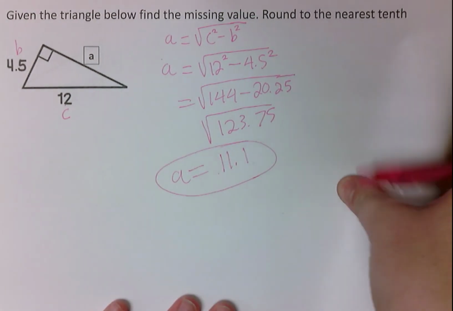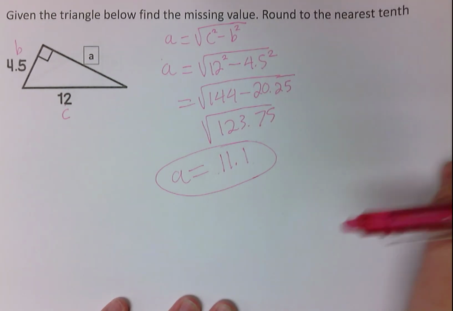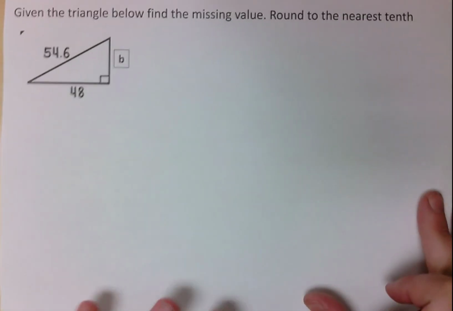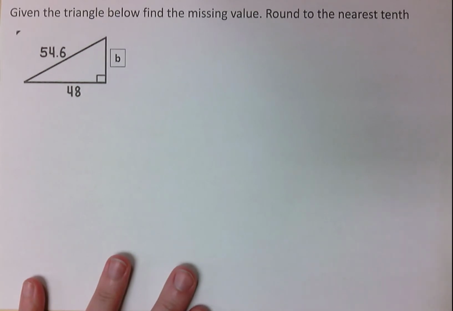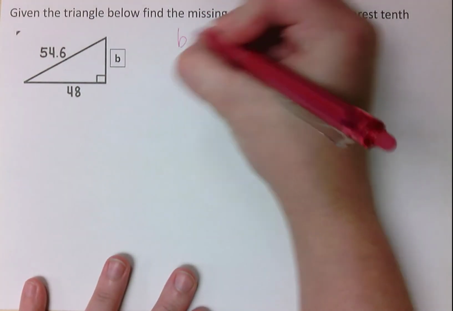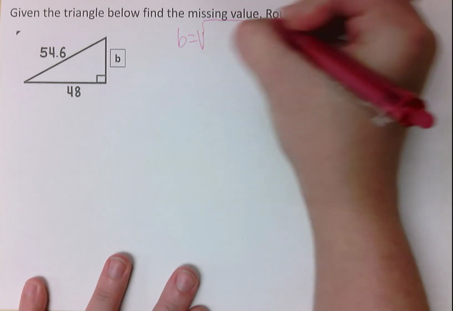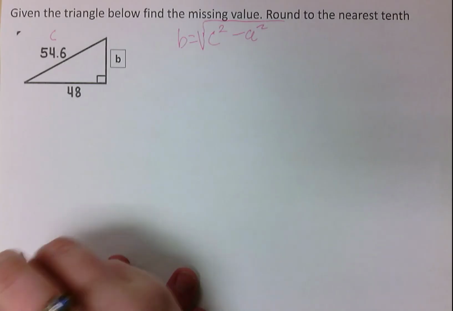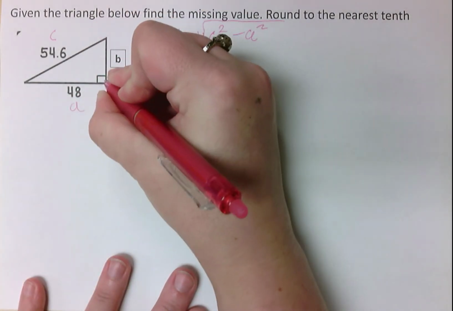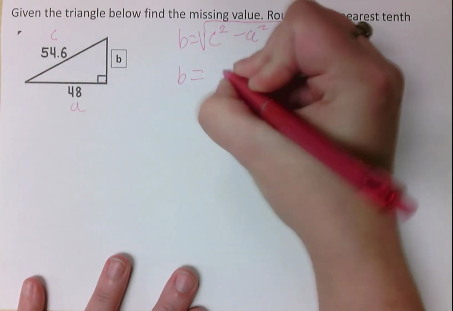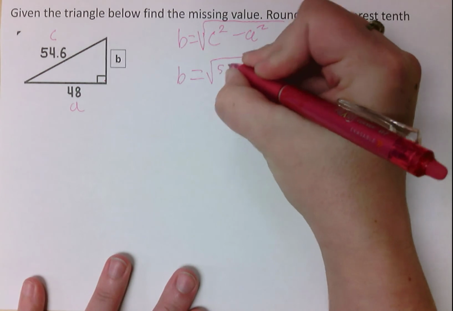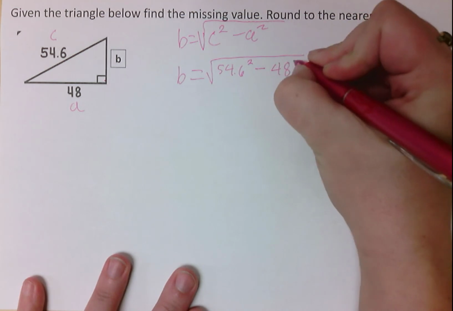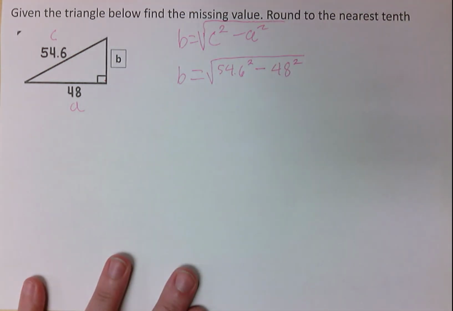Okay, we're going to try one more. So given the triangle below, find the missing value. Well, this time they want me to find B, and B was equal to the square root of C squared minus A squared. Remember, C is always the one that is across from the right angle. So we get B is equal to the square root of 54.6 squared minus 48 squared. So 54.6 squared